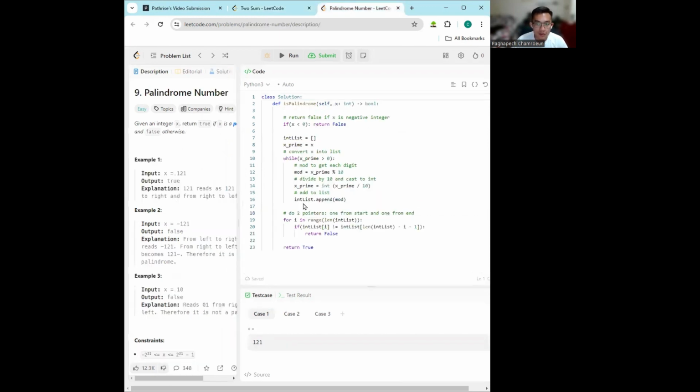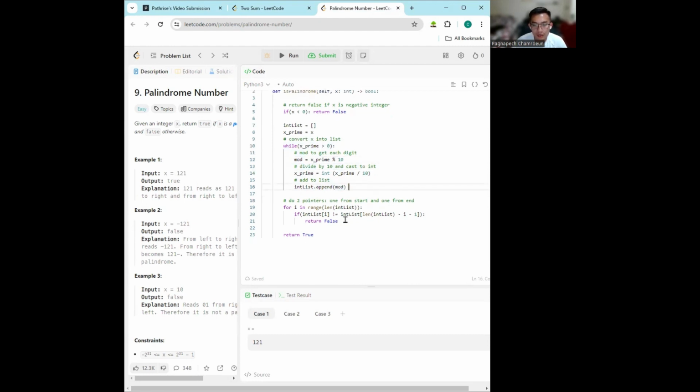And second is Palindrome Number. For the palindrome number, I check if the integer is negative, which means there's no palindrome, so it returns false because it's a negative number. After that, I convert the value x into a list, using modulus and then division, which gives a list of each digit from the integer. Then I use a two-pointer approach, starting from the first and the last element,